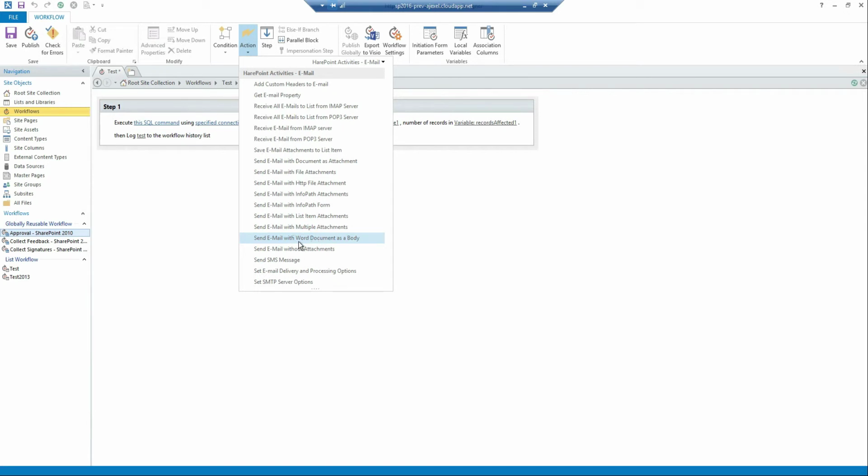Quite a new action here to send an email with Word document as the body of an email. So you can create a Word document and format it the way that you need, and then this Word document will be used as the body of an email. It won't be sent as an attachment, but just the email body itself would be exact as the Word document here. Or you can send email without any attachments, but